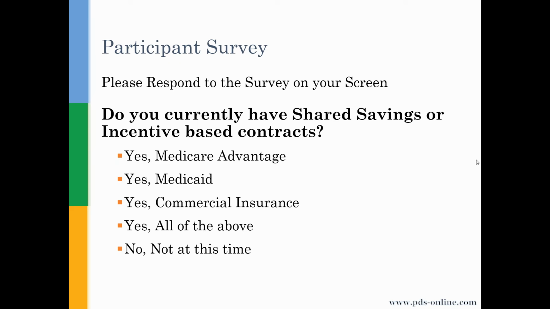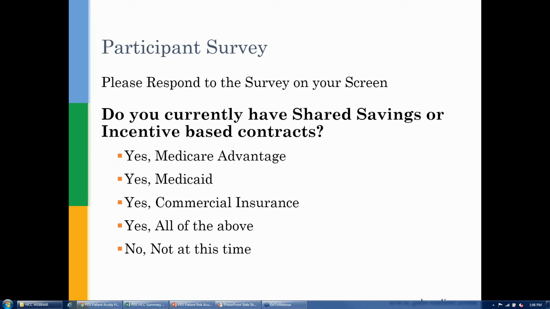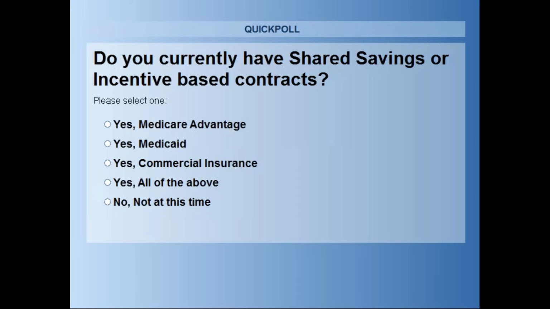So let's start first with a survey. How many of you are actually working right now with some type of incentive contract, whether it be Medicare Advantage, Medicaid Advantage, Medicaid payment arrangements, commercial insurance plans, all of the above, none of the above? You can put Medicare MSSP in there along with Medicare Advantage. All of those are requiring reporting of metrics and are using risk data in some way in those contracts. I think one of the things that is coming out of MACRA is this need for more and better data,